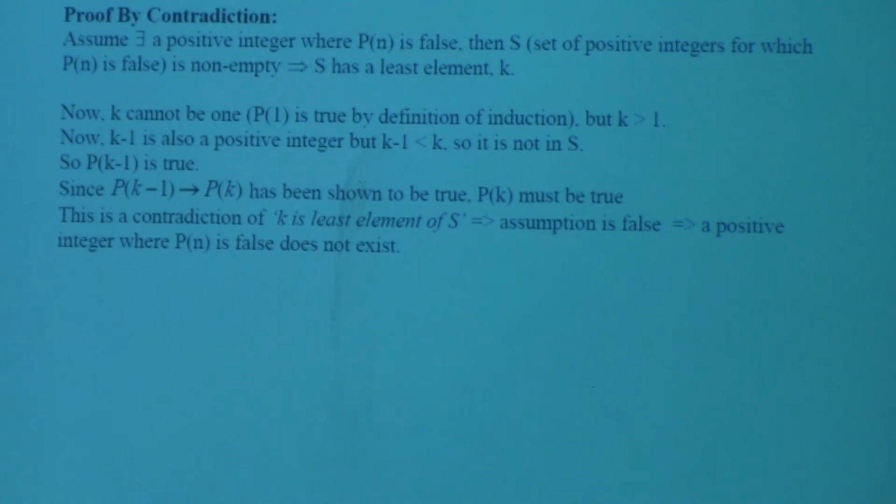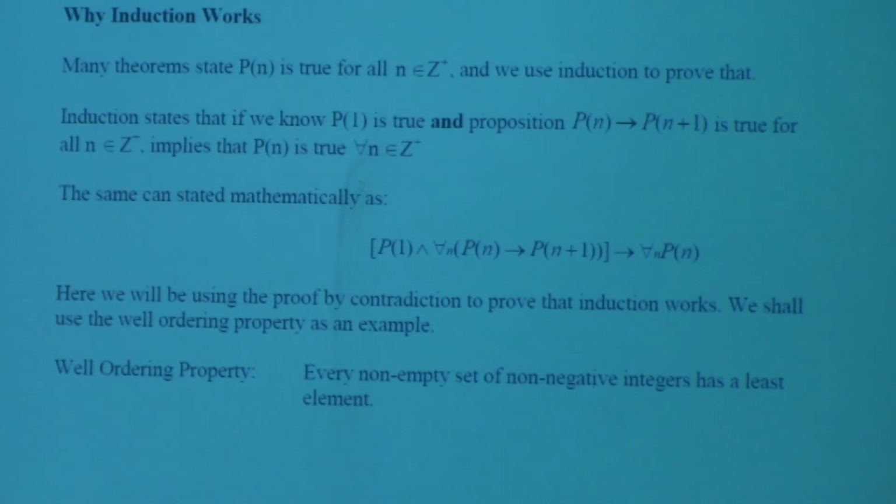Okay, so this is what we call the existential quantifier. Exists. The upside down A is the universal quantifier for all. There exists one. So we are going to assume there exists a positive integer where P of n is false. So we're going to contradict this. Because basically we know that this alone, this is induction. And we're saying if we do the induction, if the induction shows true, that implies that it's true for all cases. We're going to say,